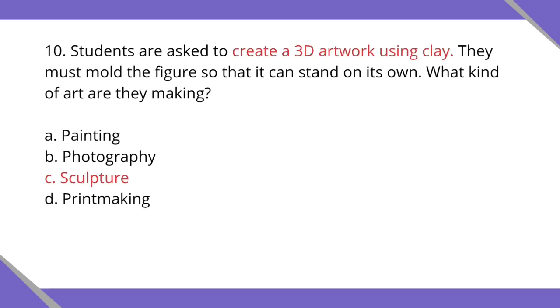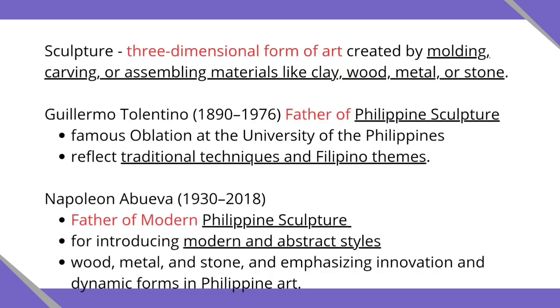The correct answer is letter C. Sculpture. It is a three-dimensional form of art created by molding, carving, or assembling materials like clay, wood, metal, or stone. Because the students are shaping clay into a figure that can stand on its own, they are clearly producing a 3D sculpture. Guillermo Tolentino, from 1890 to 1976, is regarded as the father of Philippine sculpture for his realistic